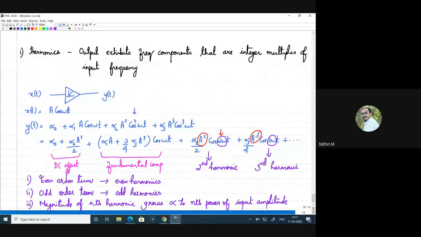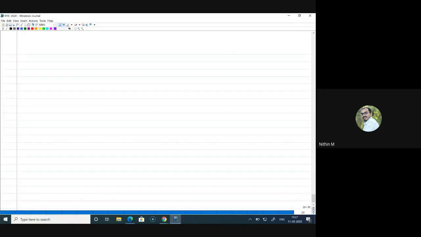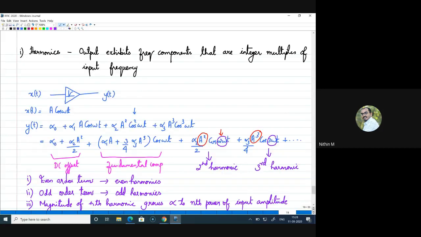Now, in general in RF circuits, as you have seen, there will be second, third, fourth harmonics, and higher order harmonics also will be there. In general, in RF circuits, if the circuit is a part of a narrowband system, or if the circuit itself is a narrowband system, then these harmonics are okay. Just before concluding that, one second, we observed that there are a lot of harmonics.